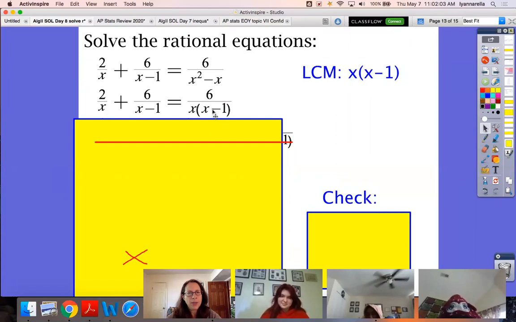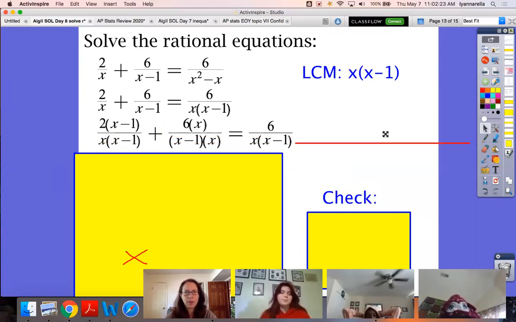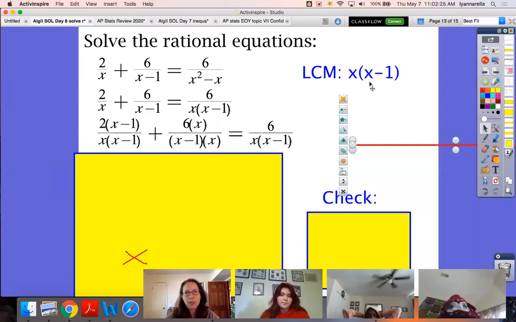Well, this fraction happens to have both of those. So this one can be untouched. We don't have to do anything more to it because it has the LCM. But this fraction is missing the x minus 1. So I did the x minus 1 over the x minus 1. And this fraction is missing the x, so I had to do an x over an x, but this fraction is perfect. So now I can say, okay, look, all of my denominators have the same thing,